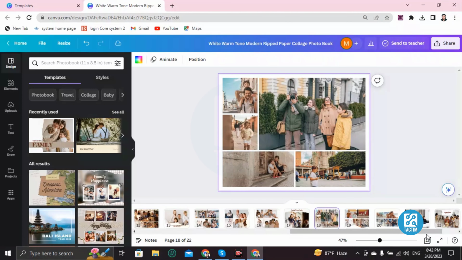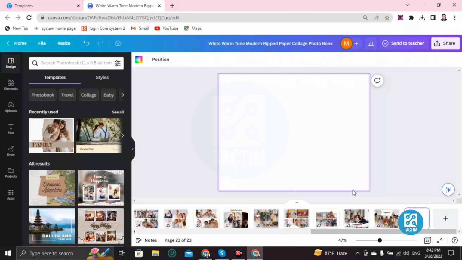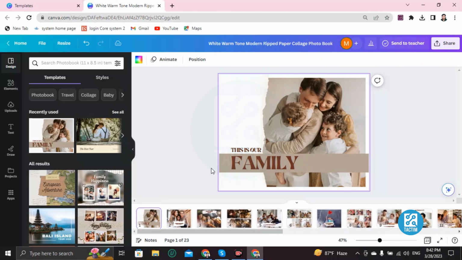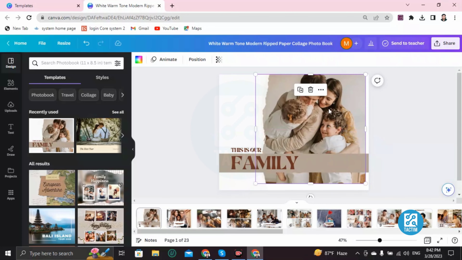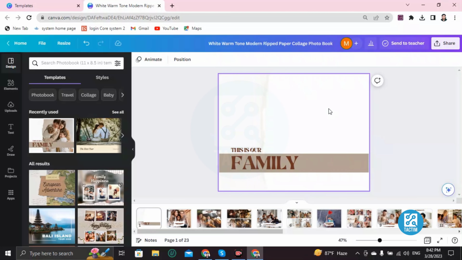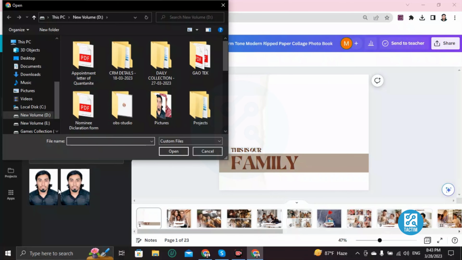Okay guys, you can see here the plus sign. If you click on this, your page will be changed. I'm showing you one by one how. If you want to change this picture and add your own picture here, just click on this and press backspace from your keyboard. It will vanish, and then you can go to uploads, upload files, and choose a picture from your computer,